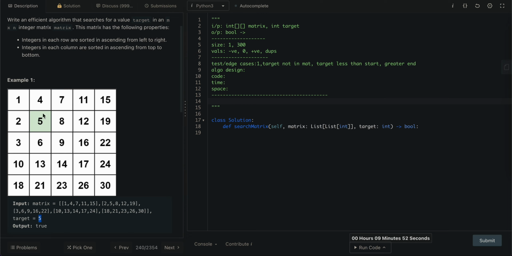Again, let's take one more example. We are searching for 3. We start at this position. 15 is greater than 3, so we decrement the column. 11 is greater than 3, so we decrement the column. 7 is greater than 3, so we decrement the column. 4 is greater than 3, so we decrement the column. Now 1 is less than 3, so we increment the row. 2 is less than 3, so increment the column. So 3